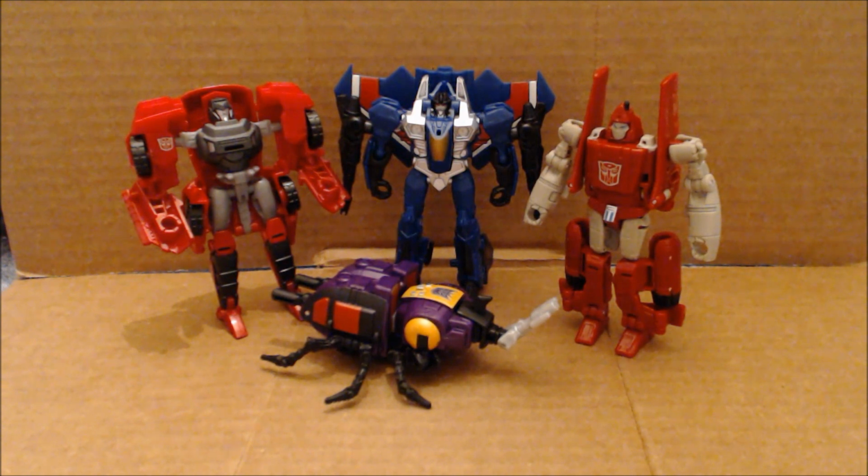Especially now with the instructions in hand, knowing that these really aren't meant to be add-on chest parts for Ultra Prime or